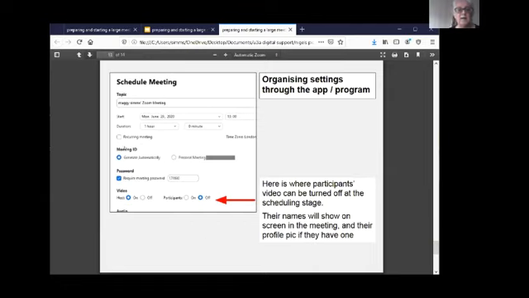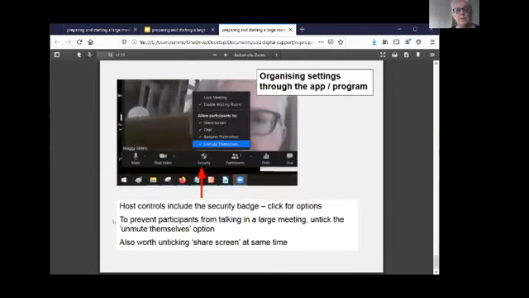And you can see you've got the ability to turn off video, you've got the ability to tweak audio. And with the downloaded app, once you're into your meeting and you've opened your meeting, then under the security shield, you get these other features which you'd probably want to then quickly untick.